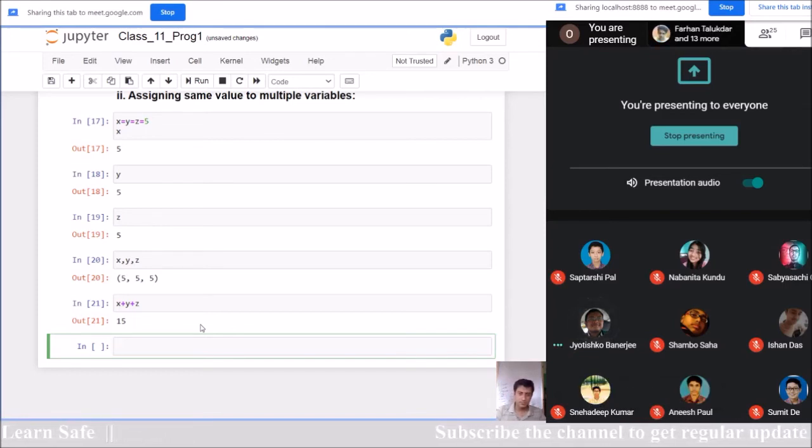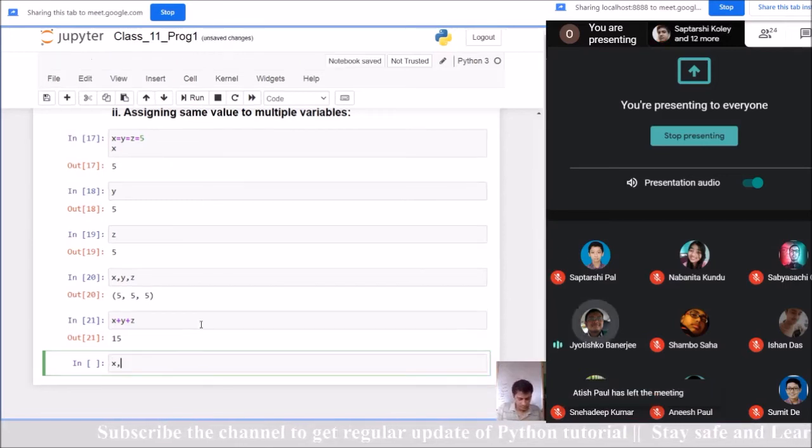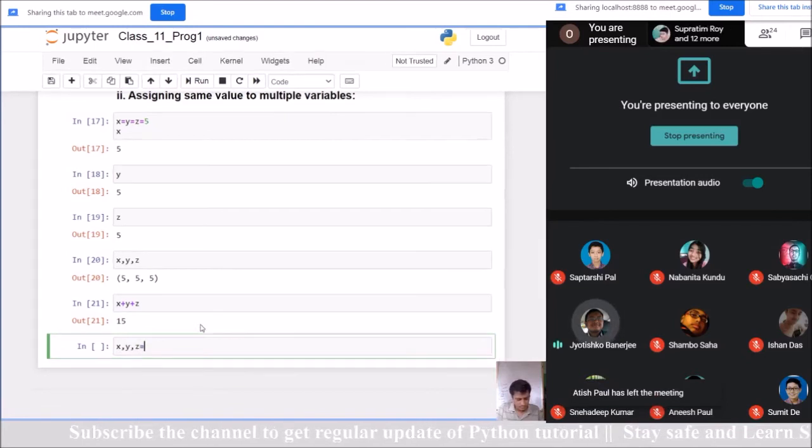Sir, if we assign three variables and beside the equal to we write two values, then which variable will hold which number? Can you repeat your query? So suppose we write x comma y comma z equal to 3 comma 2. In that way, which variable will acquire which value?